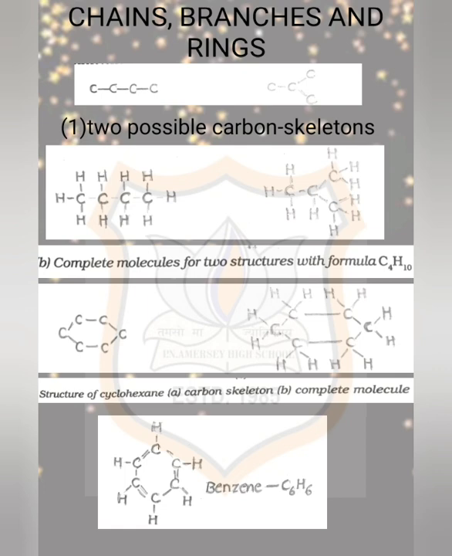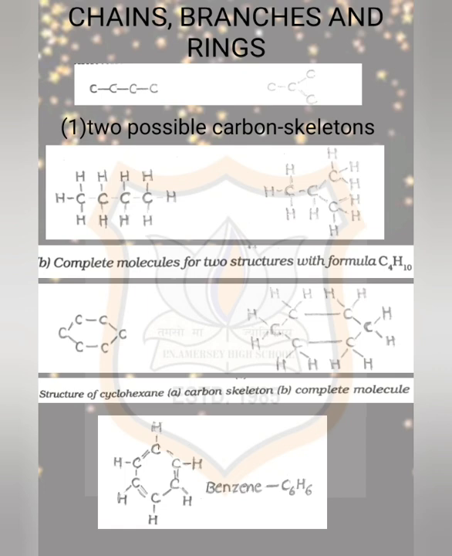Similarly, in the next step, the remaining valencies of carbon atoms are occupied by the hydrogens, and we obtain two different structures of the carbon compound C4H10 in both the figures. Then we see that both these structures have the same formula C4H10. Such compounds with identical molecular formula but different structures are known as structural isomers.